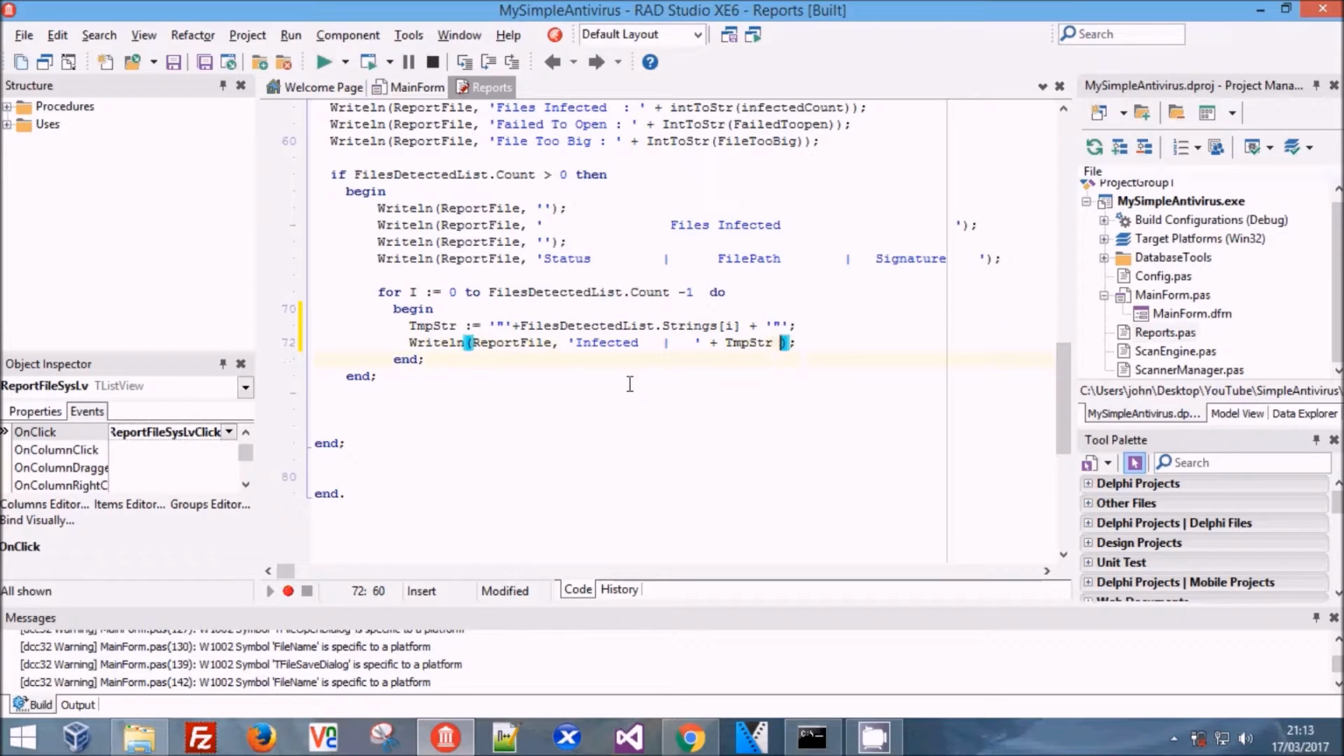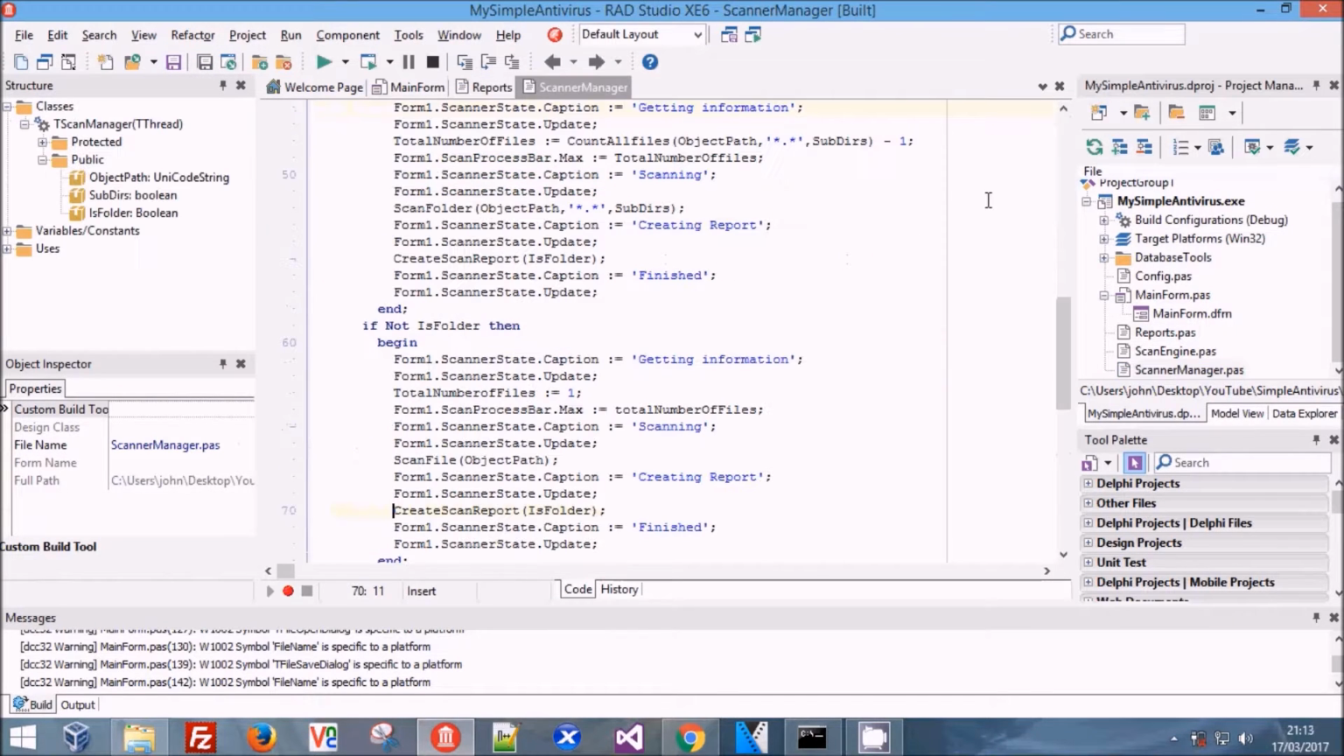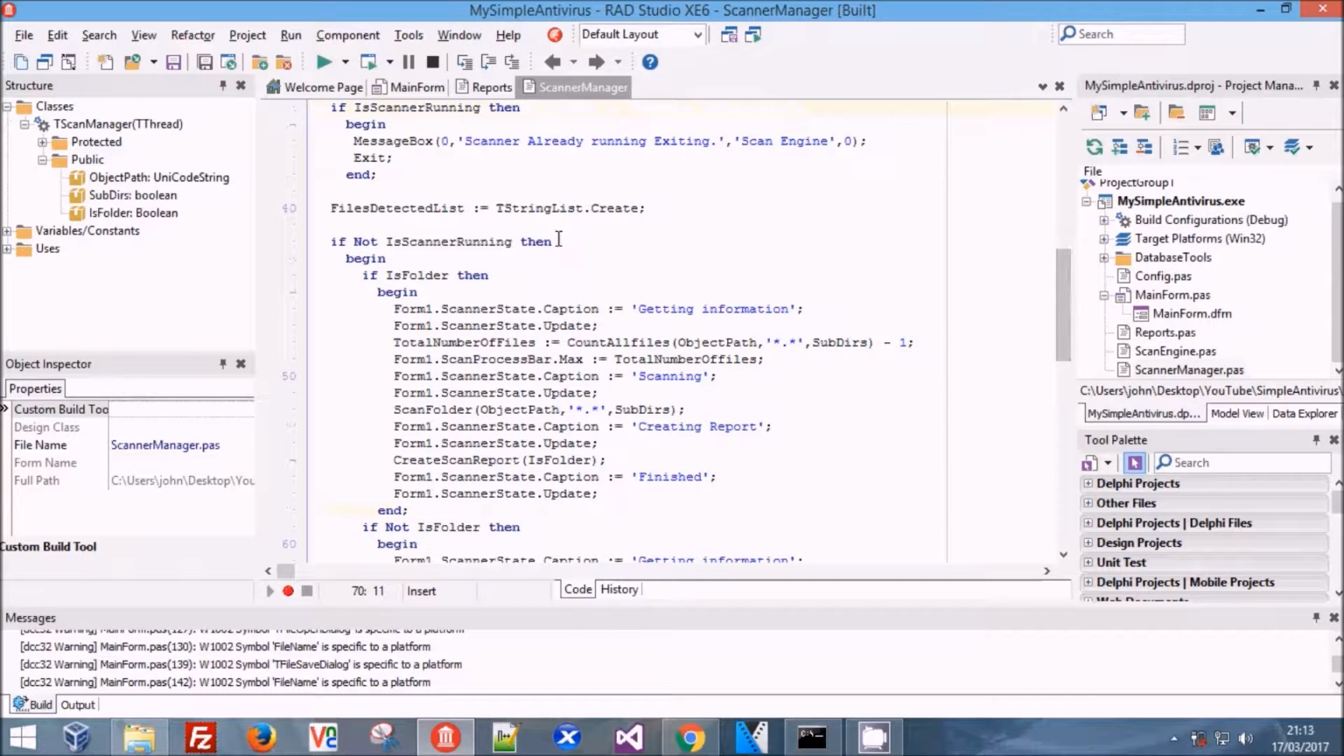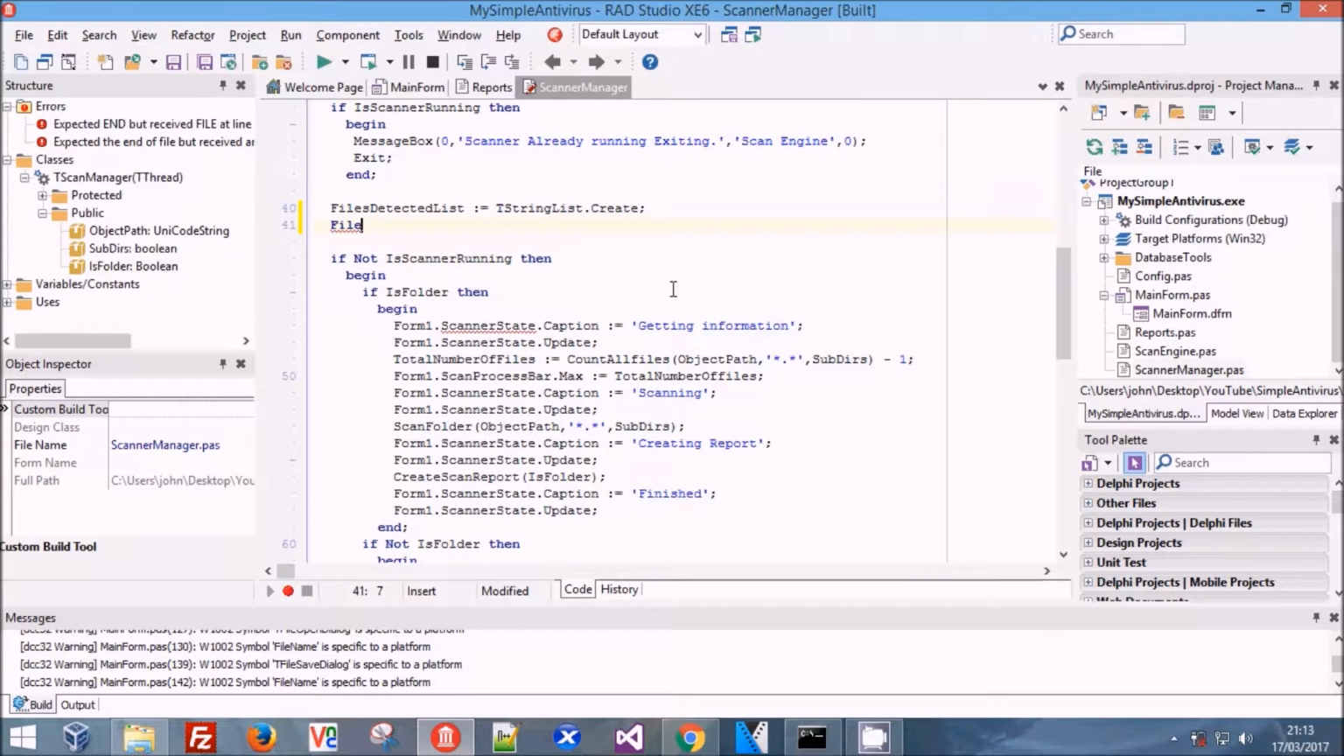Or it won't yet, but we will set it so it stops splitting at certain spaces. Now we're going to come over to our manager. I'm going to go up here, and where we do a create, we're going to do files